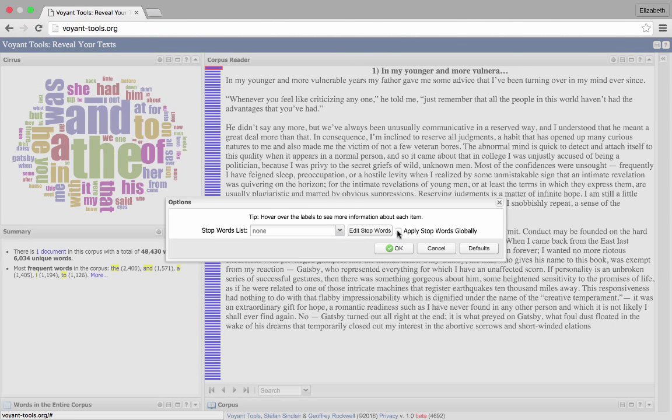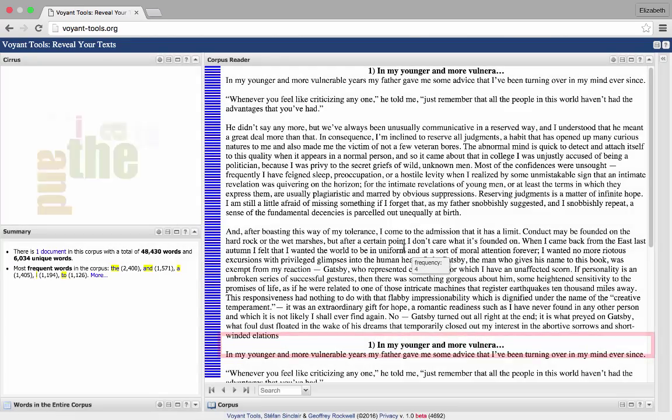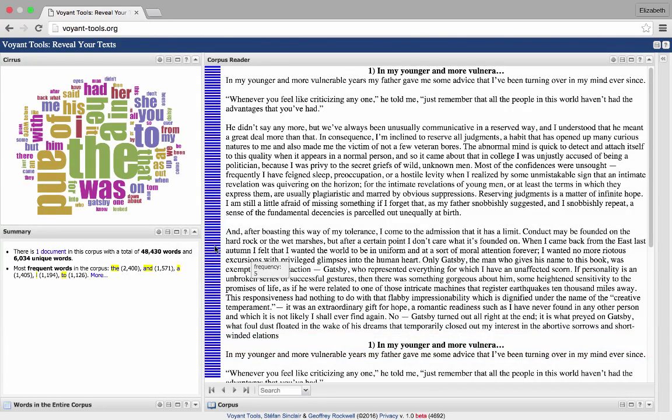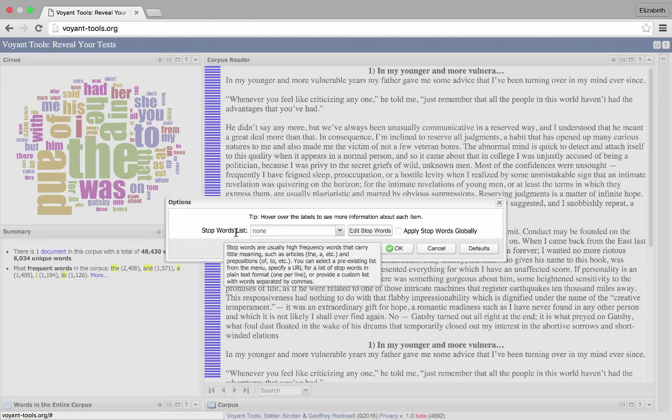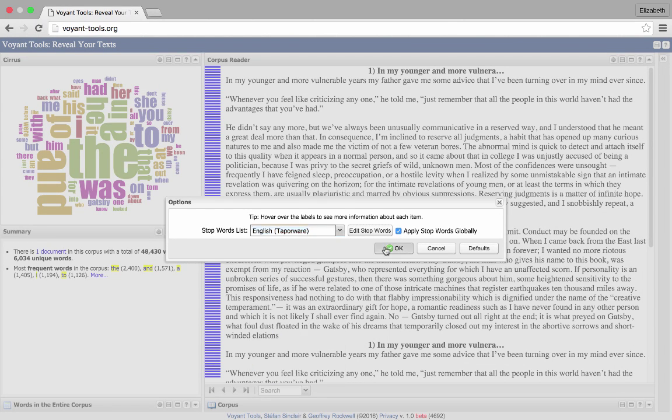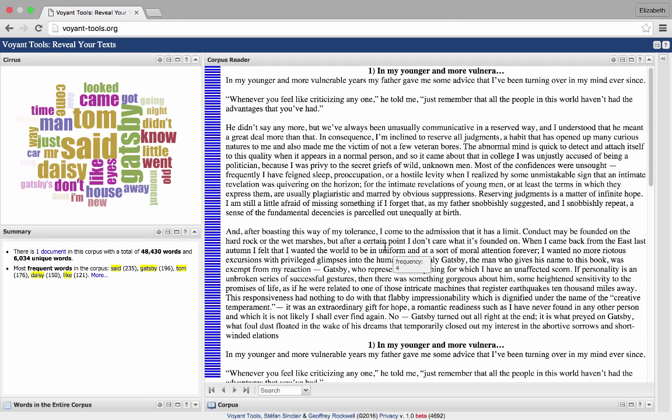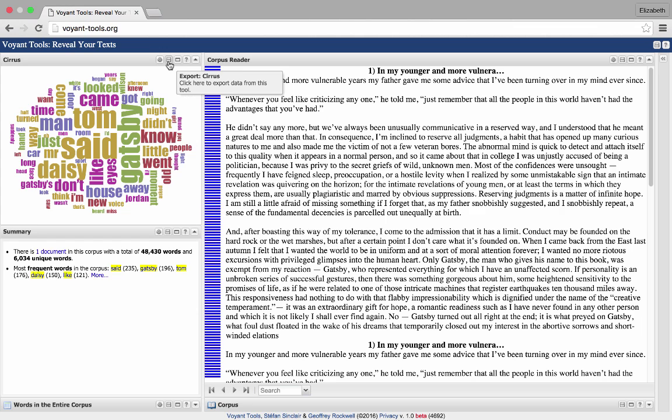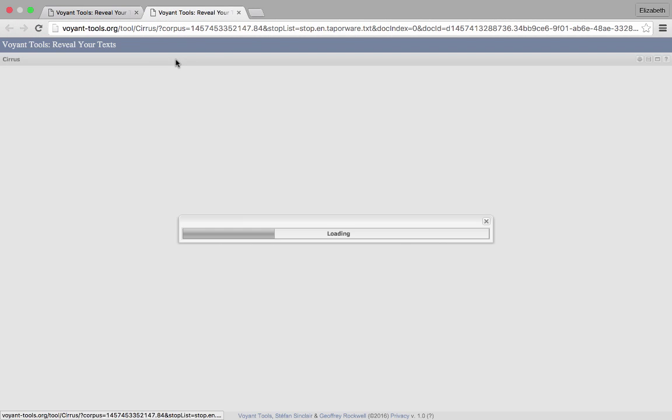There are a lot of stop words throughout this novel, and I did this wrong the first time because I actually need to click on English under this stop words list here. But what it does is take out all of the helping words like and, the, to, and hopefully what you're left with is the most important words that were mentioned throughout the novel.